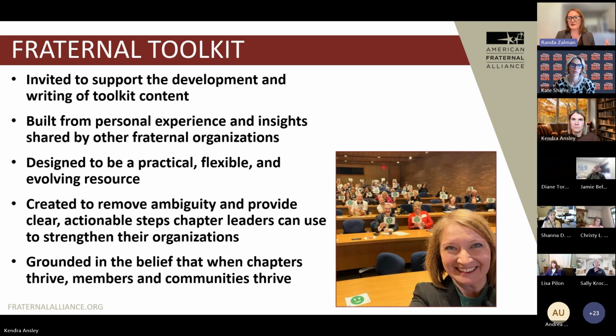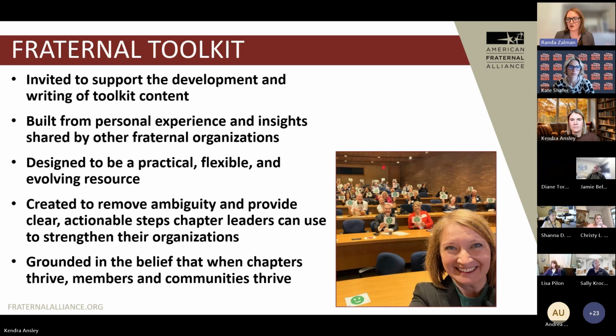So for example, in the toolkit, there are a couple of sections that are what I would call more compliance related. And those compliance items are going to be constantly changing, like, for example, how you track donations and what's required. What we're allowed to do then is update these documents so that all of our best practices are going to be current and updated.